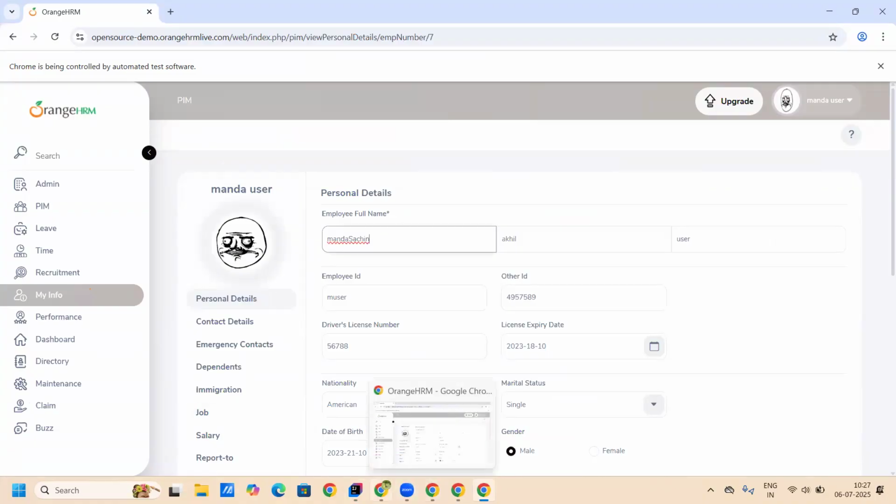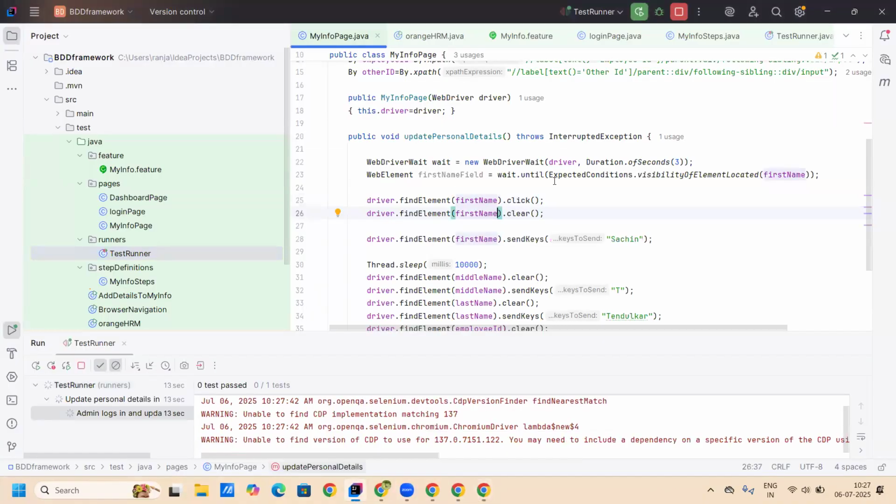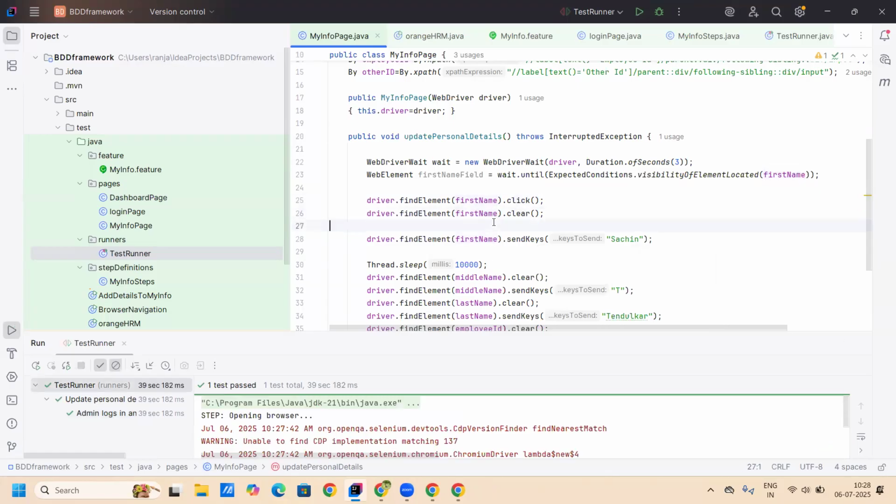It's entered, but clear is not working here. Okay, there is another alternative way. If clear is not working, we need to send it through the action keywords. Action class is there, and we need to do Control A, then clear, then use Control C to send the values. So that is an advanced concept. For now, what we can do is